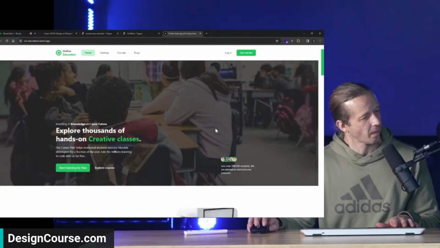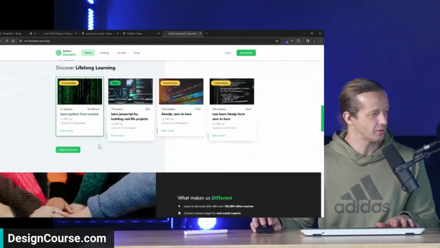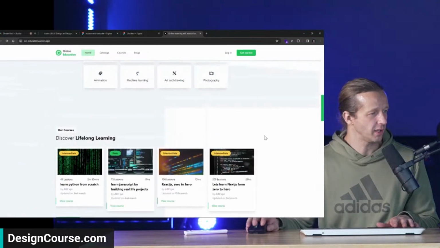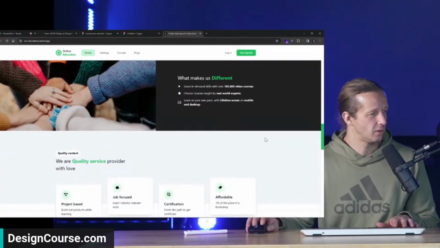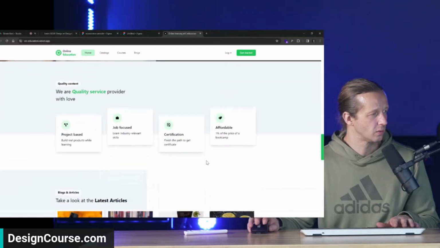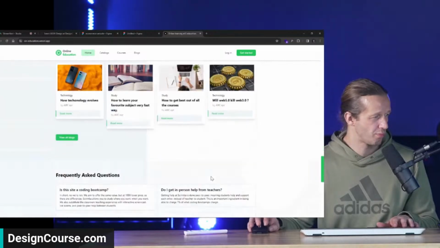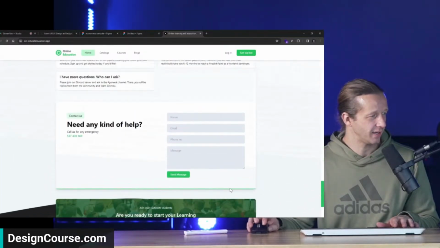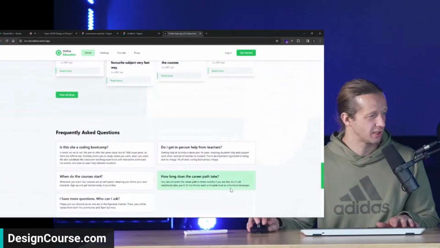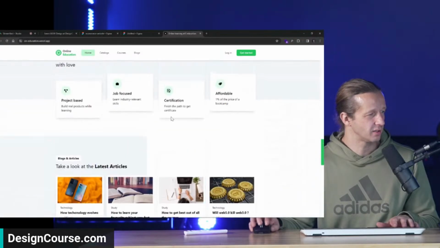But let me just go through this design and figure out what is the biggest area that needs to be improved for this. Okay. Just taking my time here, kind of figuring out what's happening here, what needs to be fixed the most. Probably want to do those green hovers, but